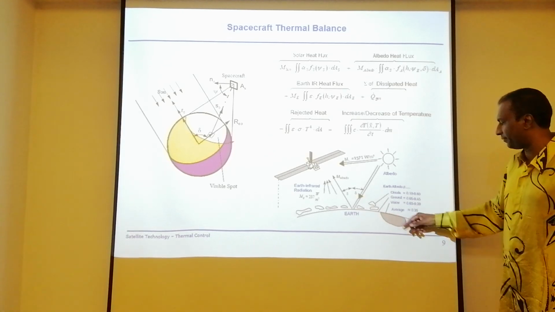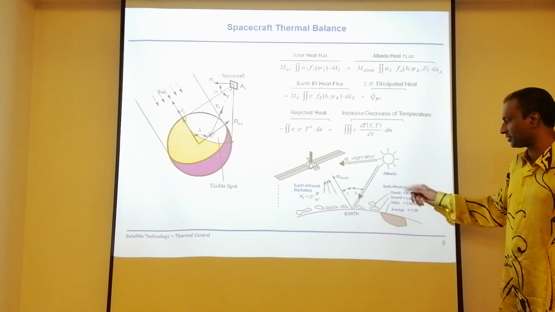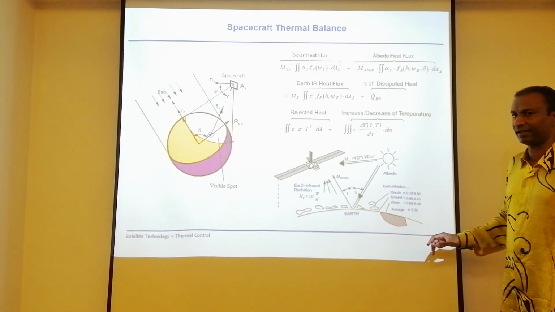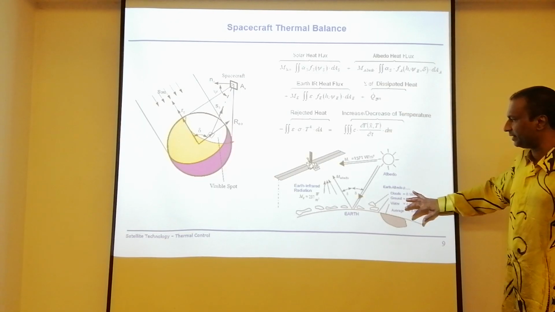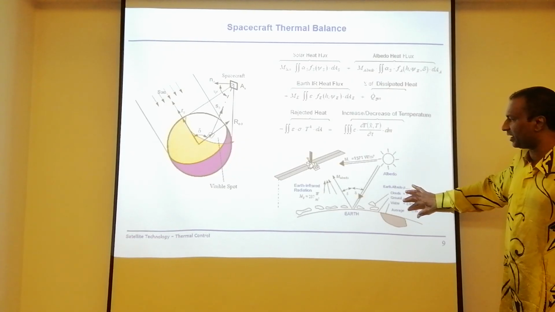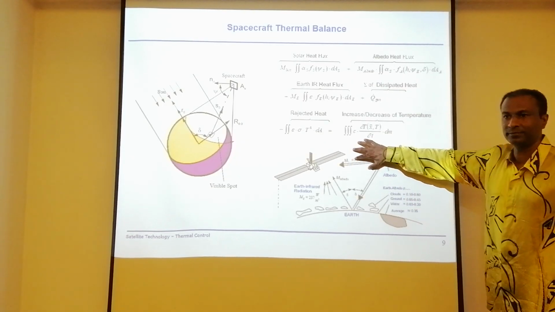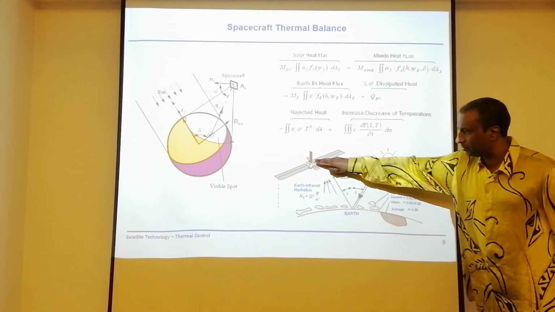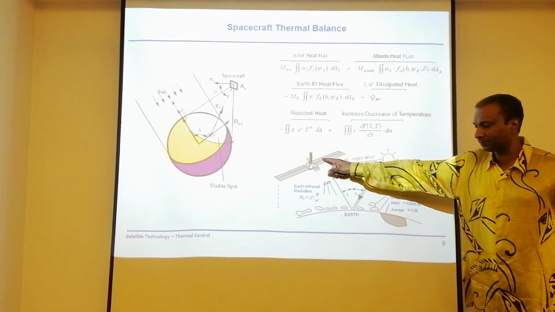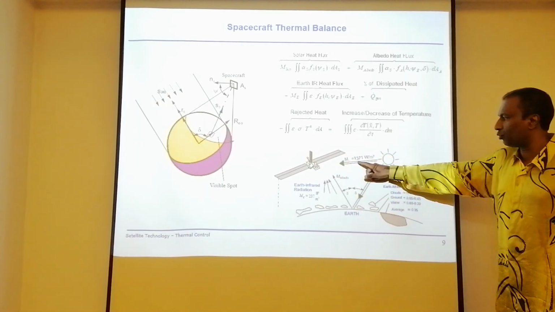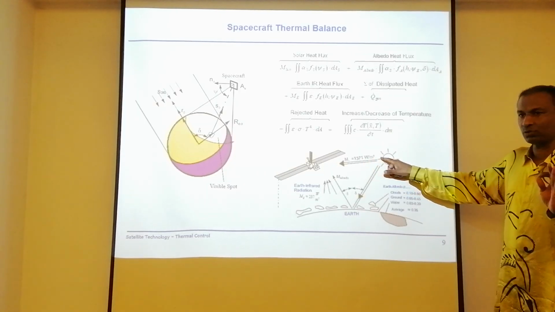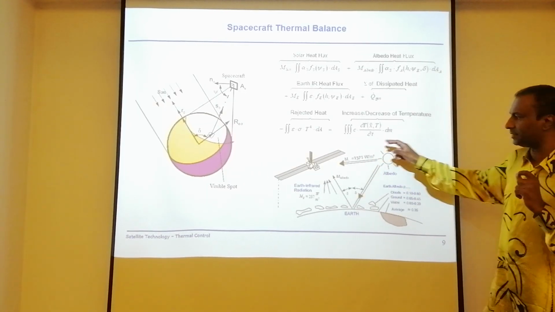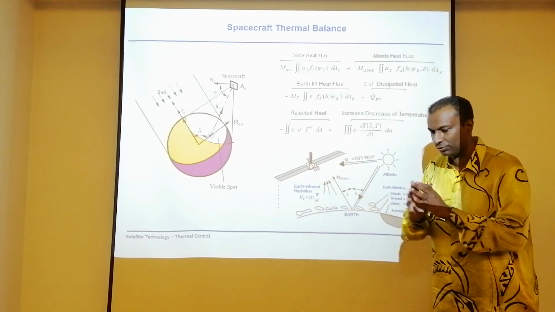The average albedo reflection is about 0.35. 0.35 of what? 0.35 of the actual sun ray which hits the spacecraft. So 1371 watt per meter square from the sun hits the spacecraft, and